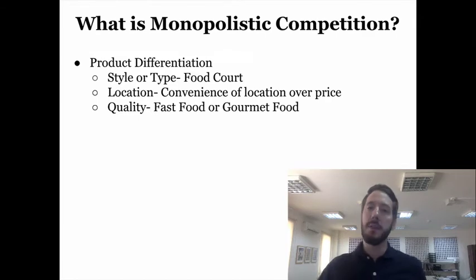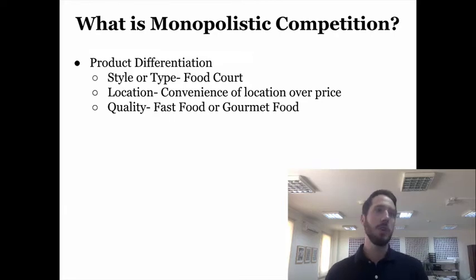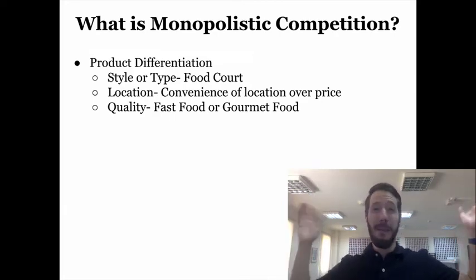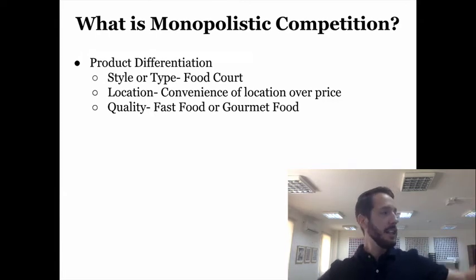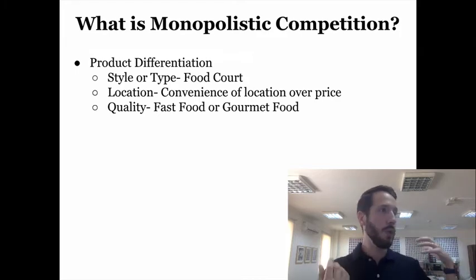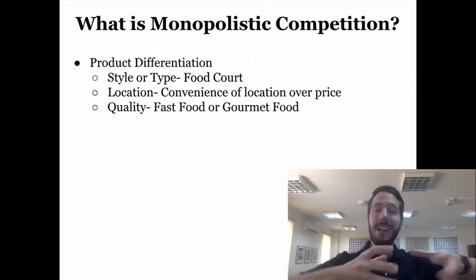A great example of product differentiation is restaurants. Let's say you're going to a mall and you're hungry, so you go to the food court. You've got between 5 to maybe even 15 or 20 different fast food places. You'll have your typical burger places like McDonald's or Burger King. You may have pizza places, Japanese food, Chinese food, Indian food, a deli or a hot dog place, and they're all within this one situation.